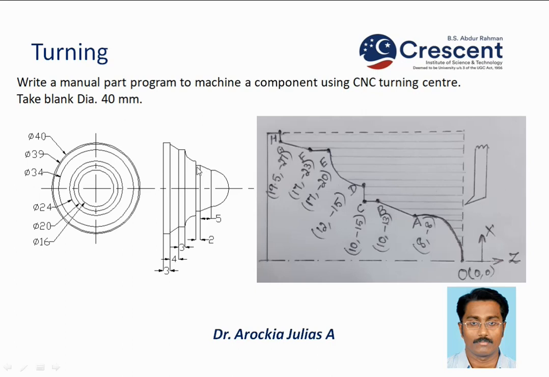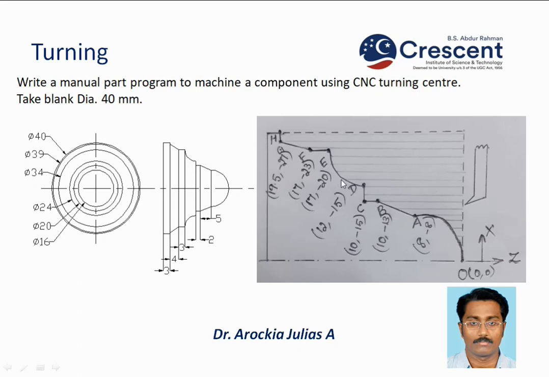Now it moves along a vertical line. In the diagram you could see the vertical line, the diameter is given as dia 24. From C to D there is no change in the z value, but there is a change in the x value: 12 comma minus 15. The coordinate location of D is 12 comma minus 15. So we reach this point in the diagram. On the left side you could see this point. Now there is the arc. It is always better to draw a diagram like this from the given profile. For learners it is required.